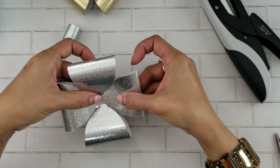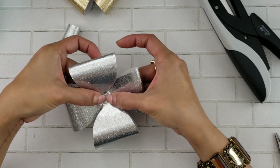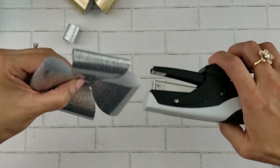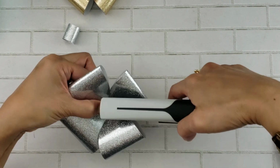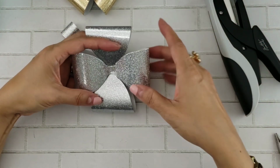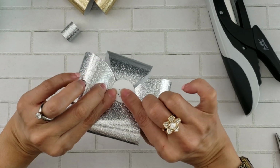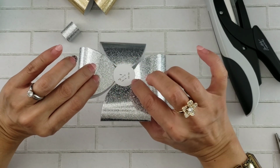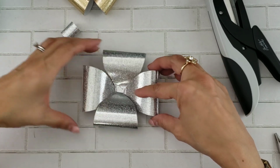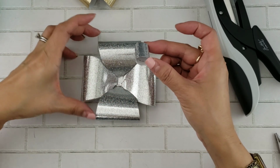Now this is the trickiest part because you kind of have to get through at an angle here. Let's see. Oh. Anyway, just do your best to staple that. Okay. So hopefully that holds. I think so. See, now you have all those staples there, and you're going to cover that up with a foam dot. I mean a foam a little square. Okay, and then this one, this part I do glue,